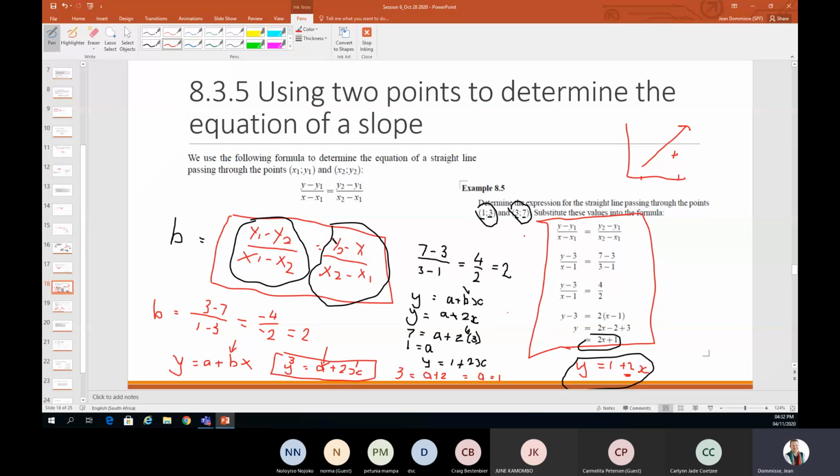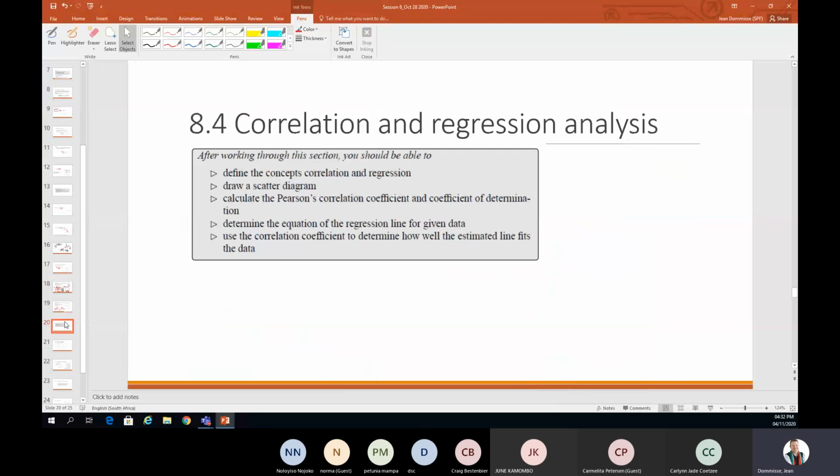So that for me is nearly how I look at something to say, am I making a mistake? Is it correct what I'm doing? Is there something else that I need to look at? Okay, so that was the straight line, and nearly what you can expect around the straight line.